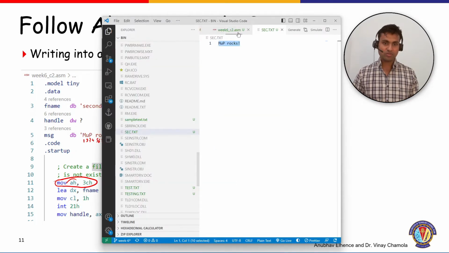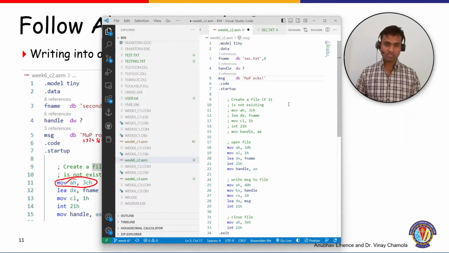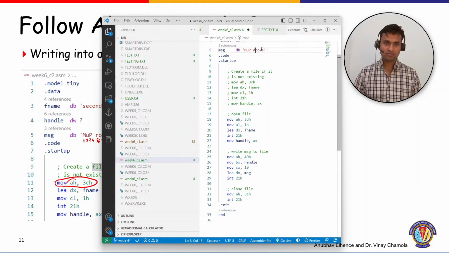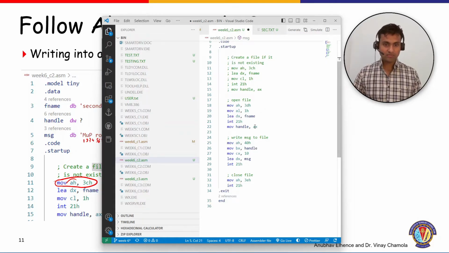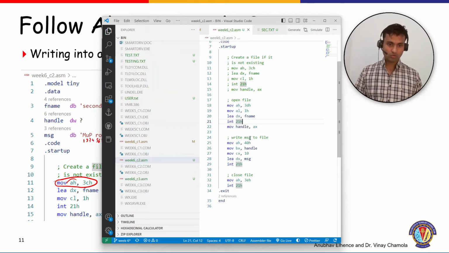So it's very simple, I'll do that right now. I'll just comment out this part and let it remain. And instead of mup, I'll say mup docs. Here in the open file, I just need to open that file. All right, so Ctrl+S and